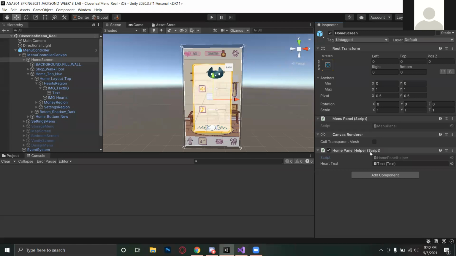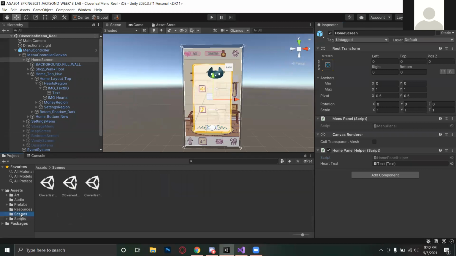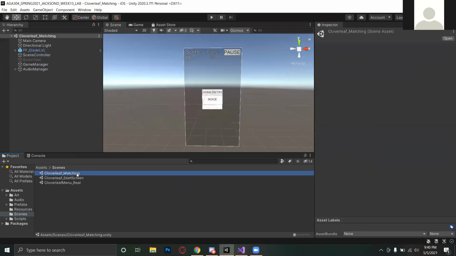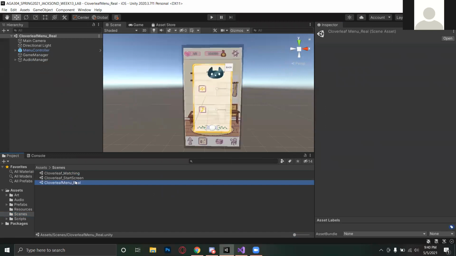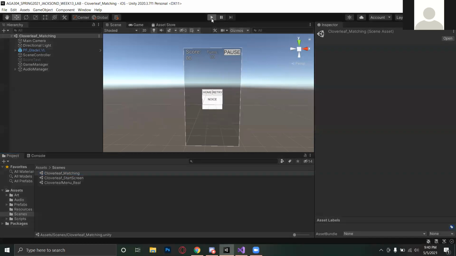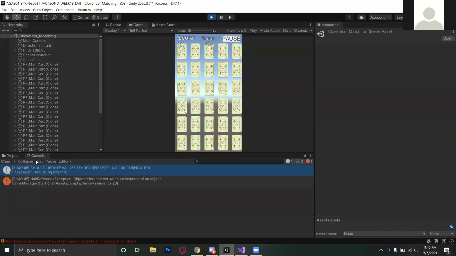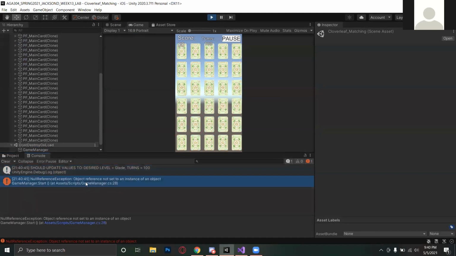Okay, so next step, we want to go to the other scene, the level scene. Matching or real? Matching. This is the level, right? When I hit play, boom. Object not